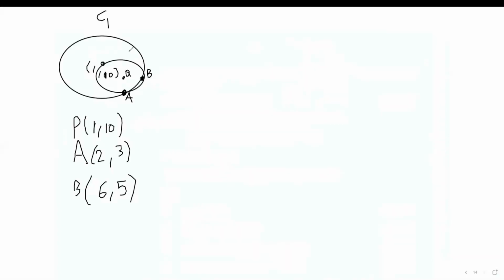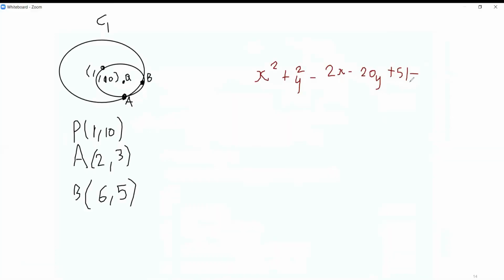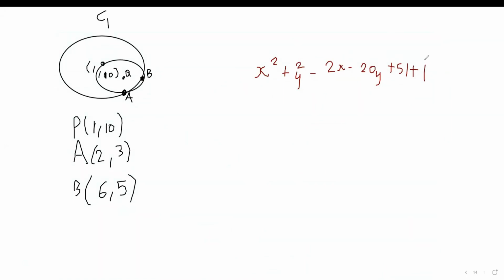This smaller circle will have equation x squared plus y squared minus 2x minus 20y plus 51, then minus lambda times x minus 2y plus 4, so plus lambda times x minus 2y plus 4